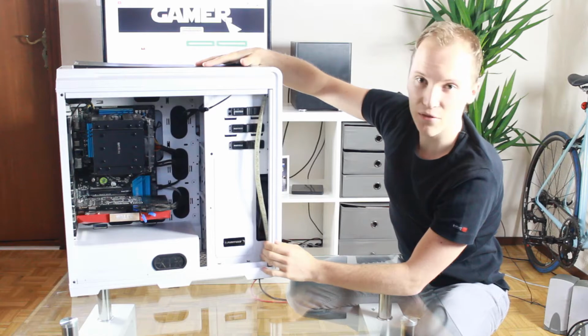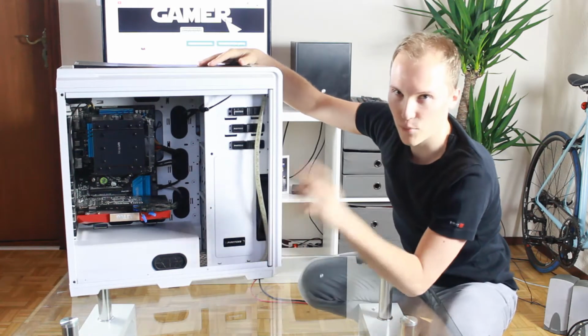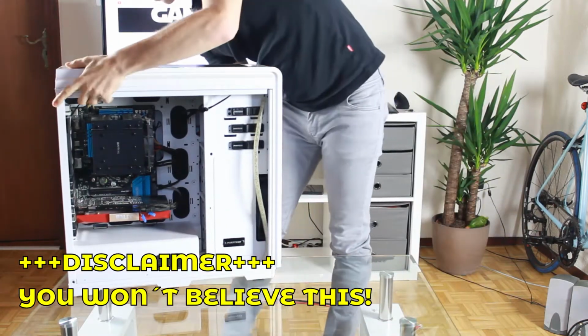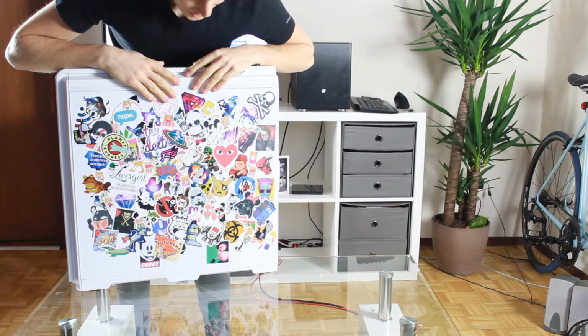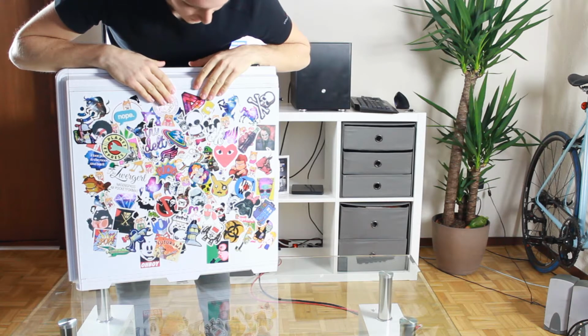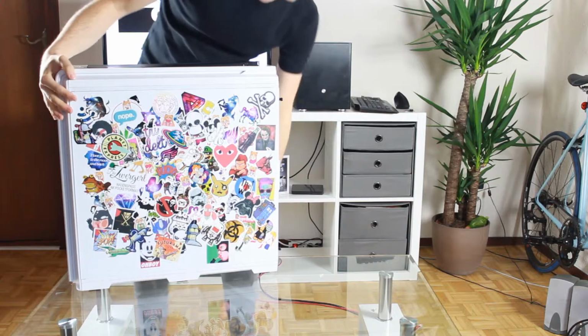The case is a Phantom gaming case, and it's customized a little bit. Let me just show you what my girlfriend did. So, what? Yes, she customized it a little bit to her liking. She's very much into animes and mangas and stuff like that, so you can see that here. But yeah,